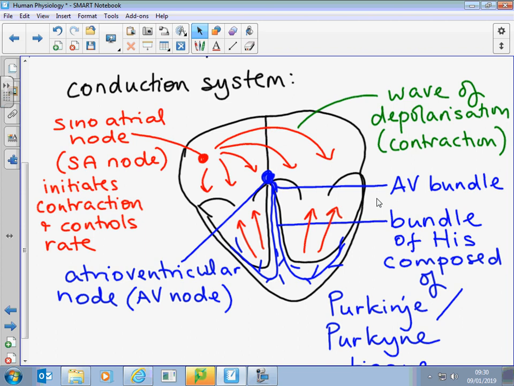It all starts at the sinoatrial node, this little leaky area of tissue up here, which leaks ions until it depolarizes. That then spreads through the atria, so they contract down, pushing the blood through the valves into the ventricles. The wave of depolarization shoots down the septum of the heart through the bundle of His, which is made of this Purkinje tissue. And then the contraction starts again, but from the bottom upwards, so it pushes the blood up.